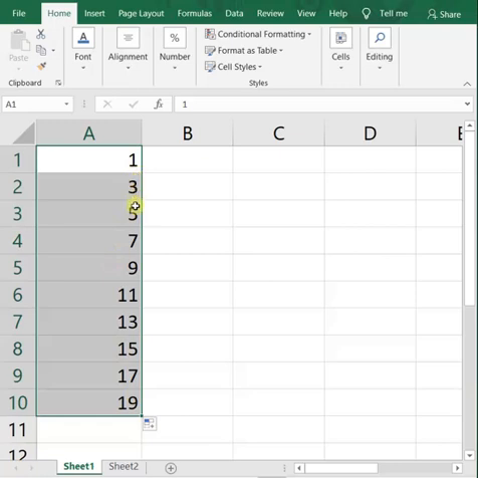See, 1, 3, 5, 7, 9, 11, automatically it will generate the rest of the odd natural numbers after 3. So we don't have to manually think and write, automatically it does this job for us. So if there are hundreds of these odd numbers, Excel will automatically generate them for us.